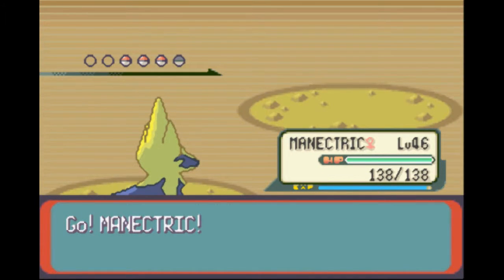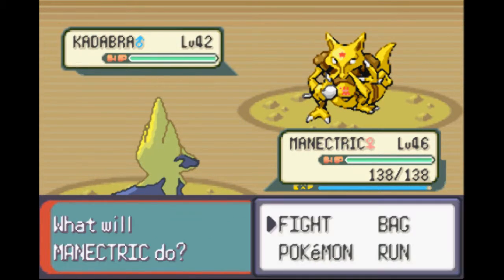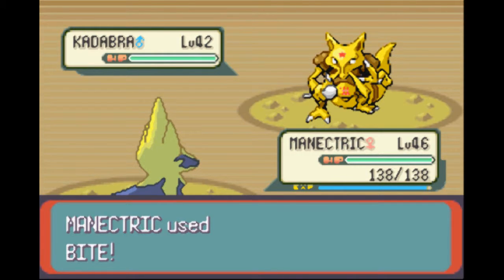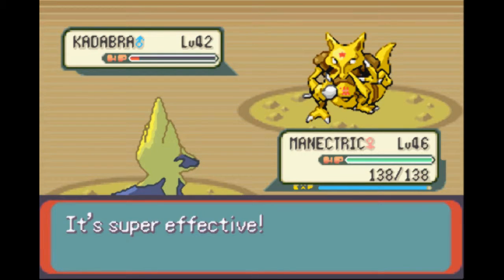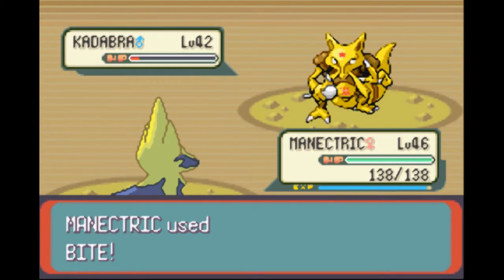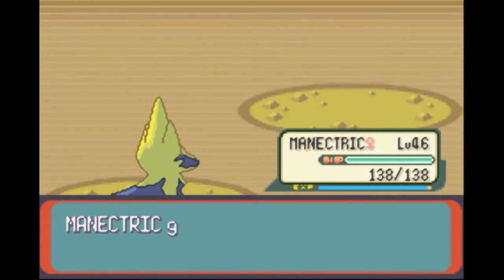Like Tri-Attack would be electric, fire, and ice, or Thunder Punch would be fighting and electric, and same with Fire Punch, etc. I'm gonna bite this Kadabra. Hopefully it kills it or makes it flinch. The good old flinch. I've beaten Elite Fours based on flinching the enemy. I've actually won competitive, well, not really competitive, but with a few mates battles